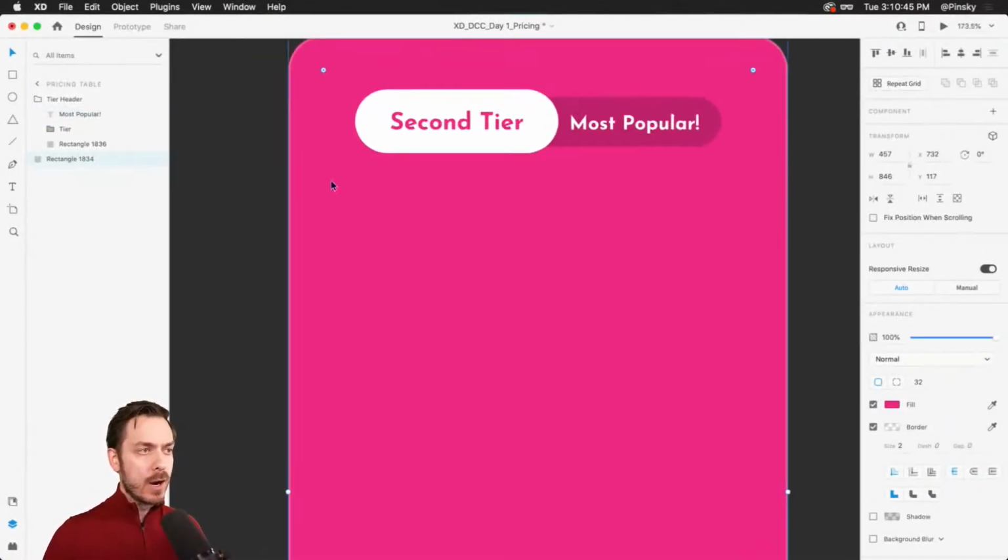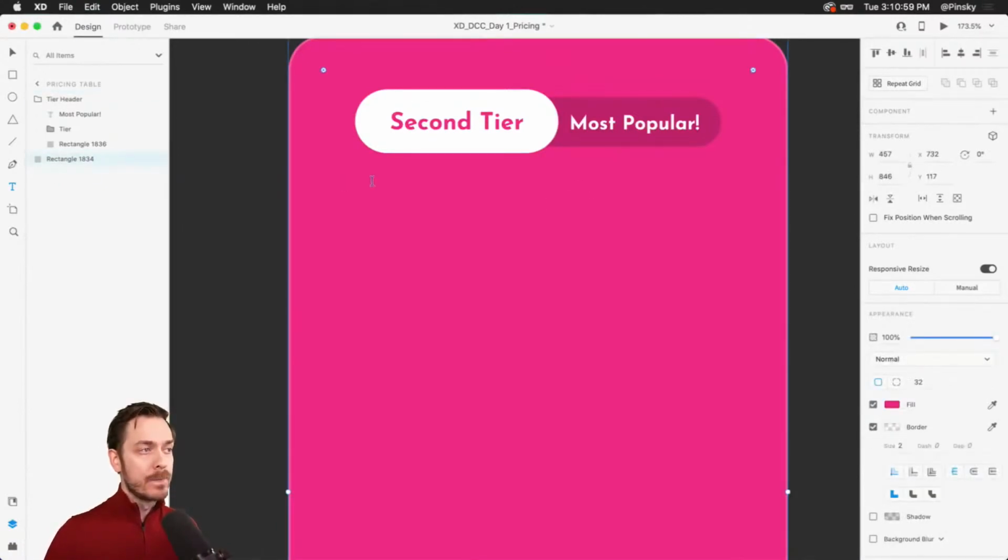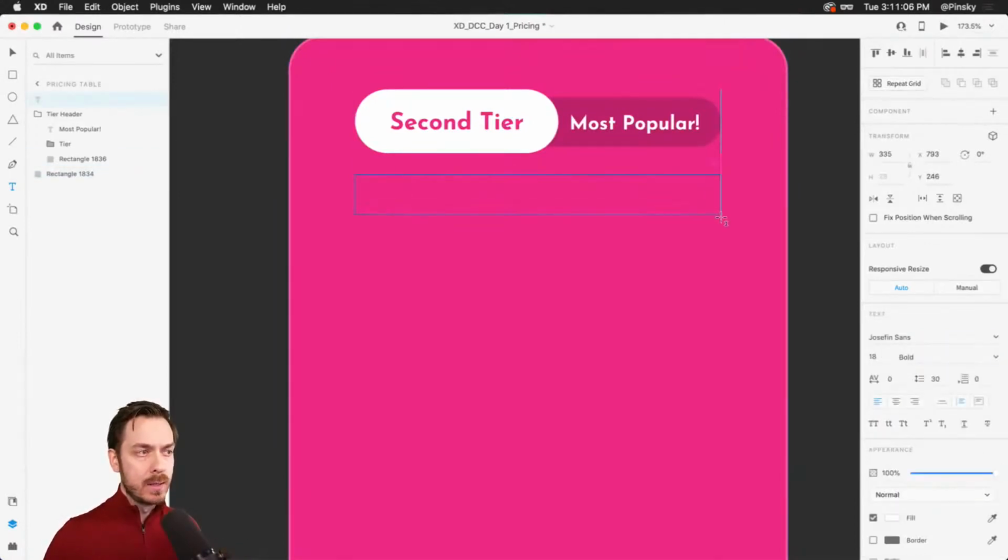Now, right down here underneath this tier header, we might want some text that kicks off what exactly you're going to be getting with this tier. So with the text tool one more time, previously I simply clicked, right? And I was able to type. However, in this case, we want to define the width of this text layer. So I'm going to click and drag over, and I can start typing. And this is going to set an auto height text box. So let's go ahead, our most popular tier, and let's say,